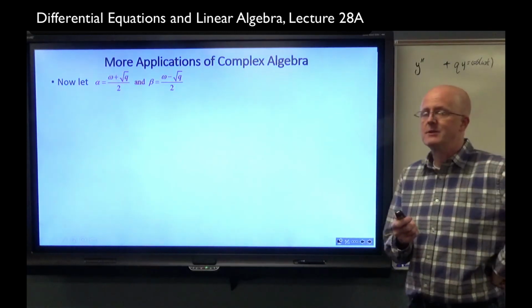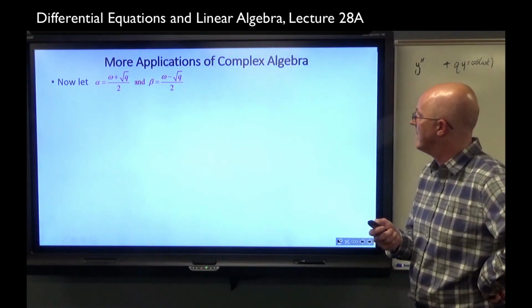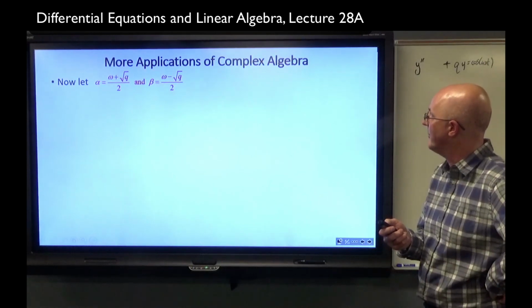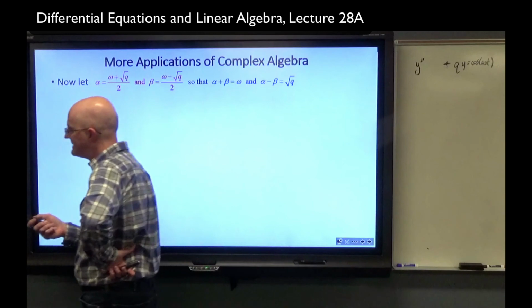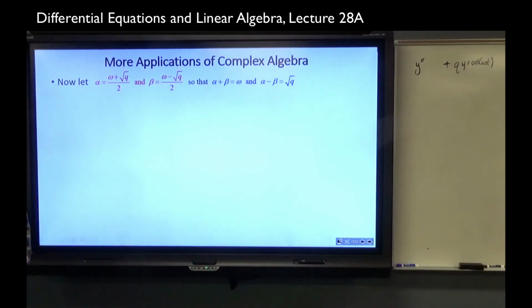I'm going to do a substitution. I'm going to let alpha equal omega plus square root of q over 2 and beta equal omega minus square root of q over 2, so that alpha plus beta is omega and alpha minus beta is square root of q. That's why I did that, because I'm going to rewrite